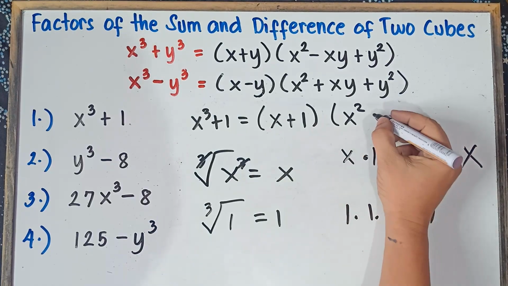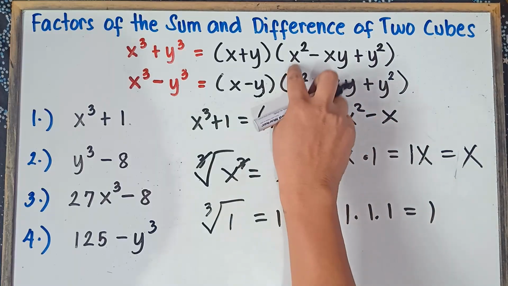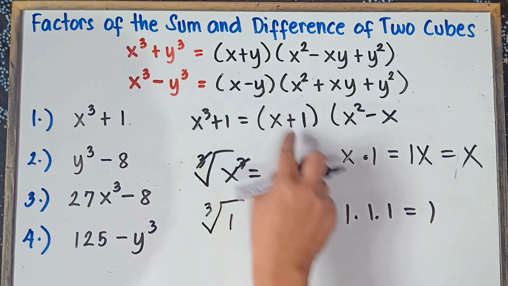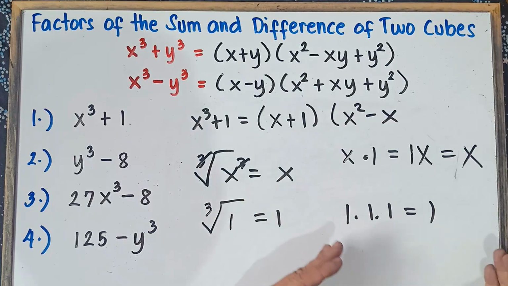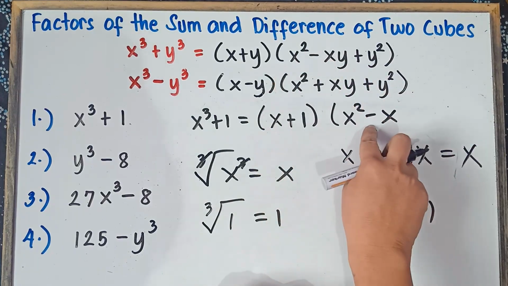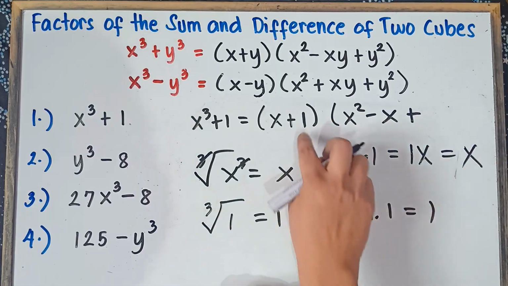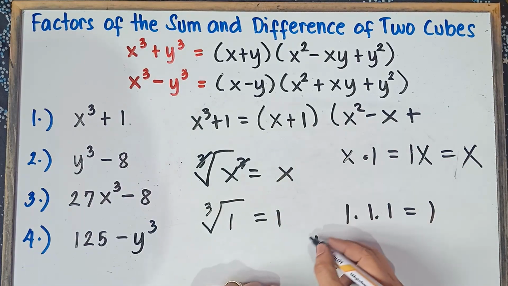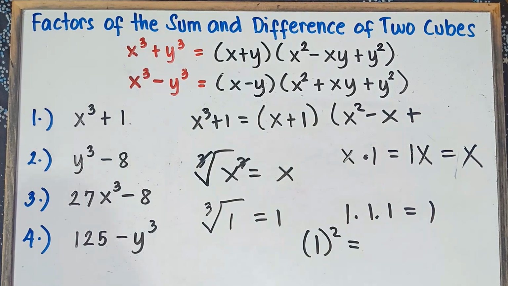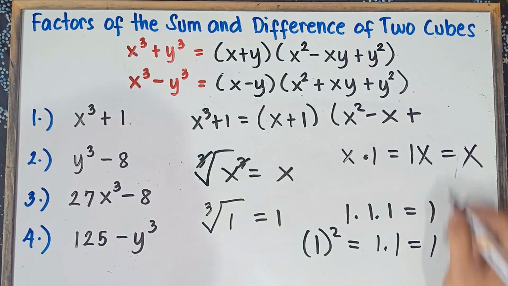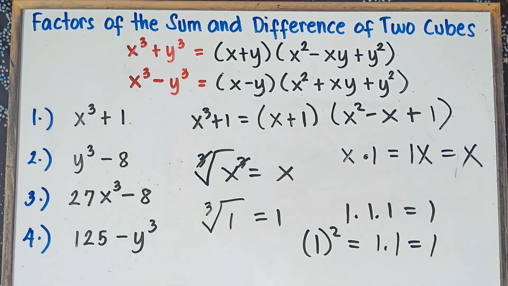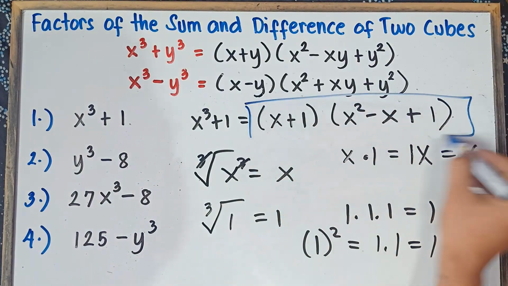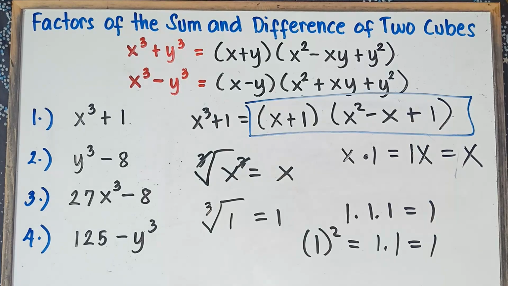Then our answer, class, it should be minus x. Once again, class, check this one out. If you have positive, the first factor will be positive. Then your next factor will be positive, negative, and then positive. Get the square of the second term. 1 quantity squared means you multiply 1 by itself twice. 1 times 1, that would be equal to 1. That's it, class. Easy as that, class. That's the answer, class, with regards to example number 1.